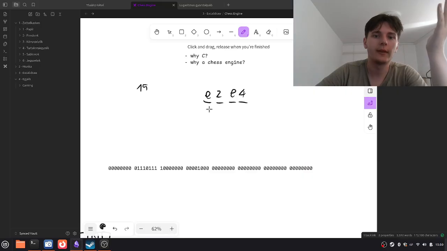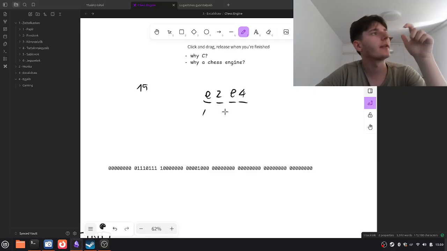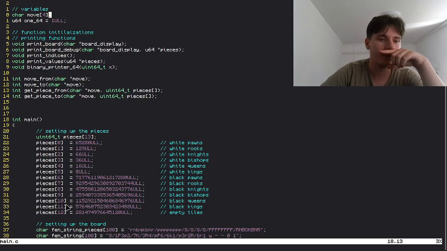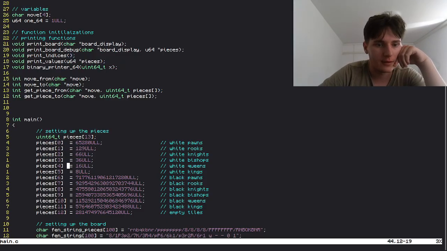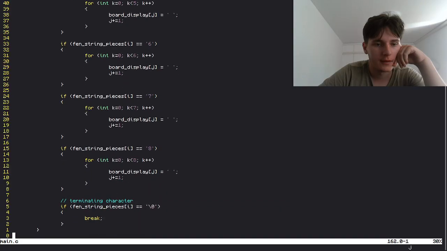You can look this up. E has something like 40 something, I think, and letters start somewhere around 64 or something, and numbers start a bit later, because if I go down here to the move deciphering part,